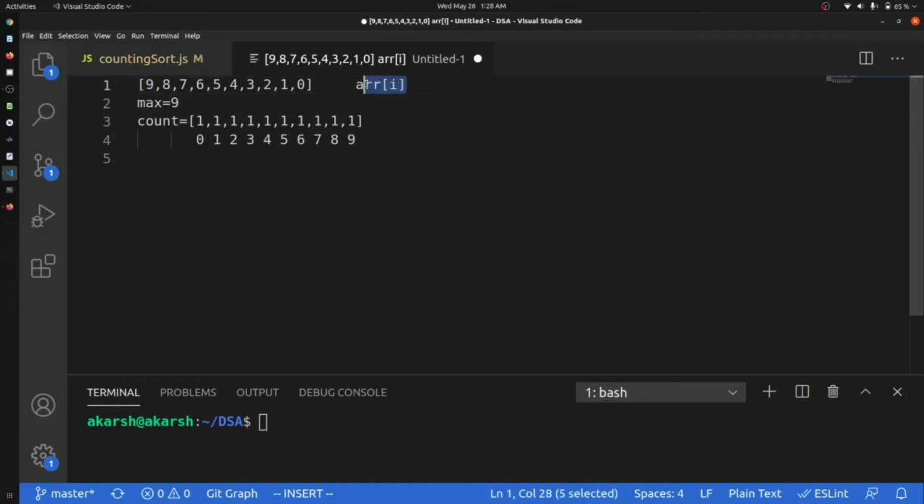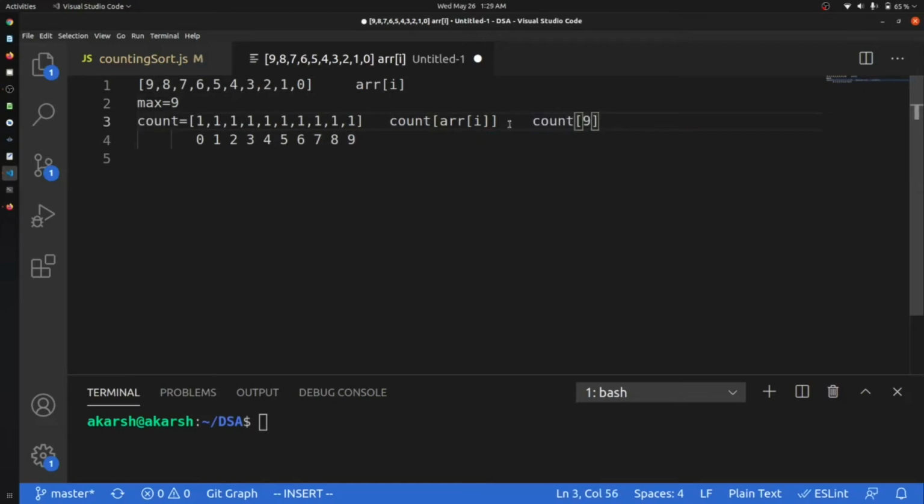Okay, we are at some index in that array, and at this point we are saying that in the count, just find me the element. So this will give me 9, so this will become count at 9.